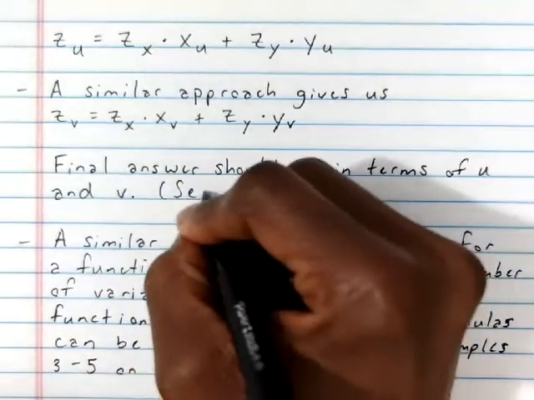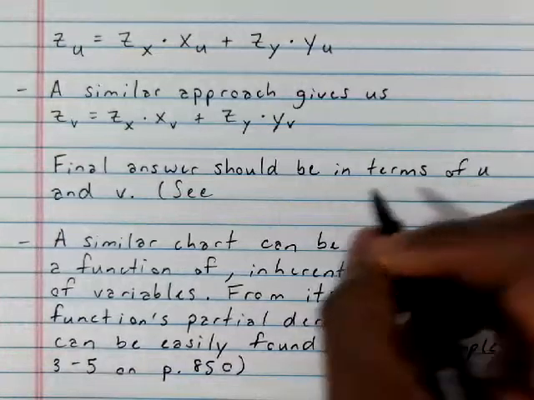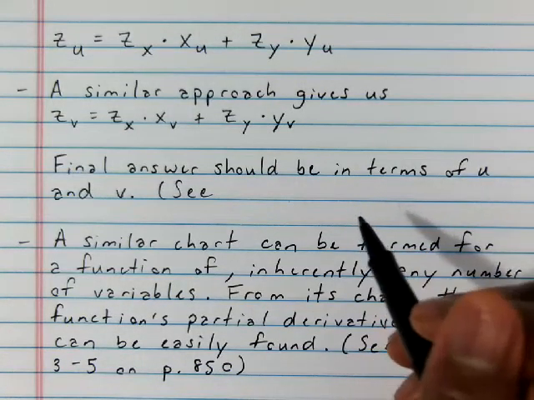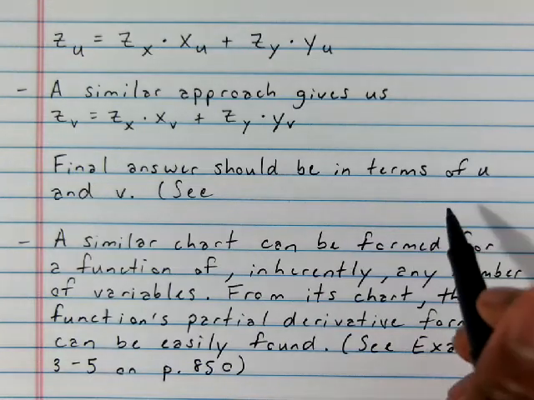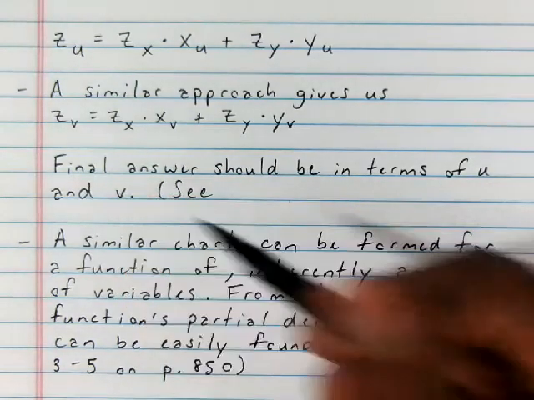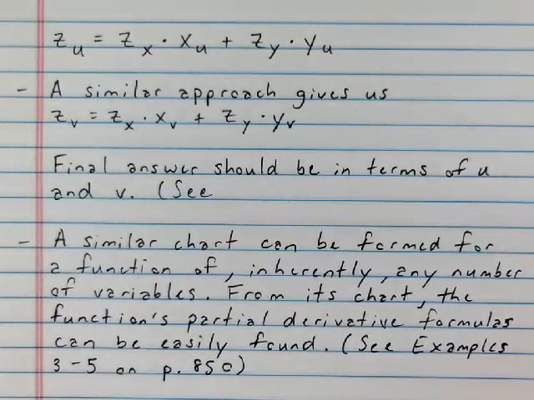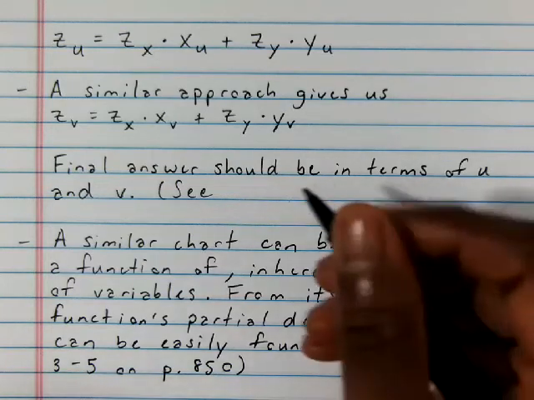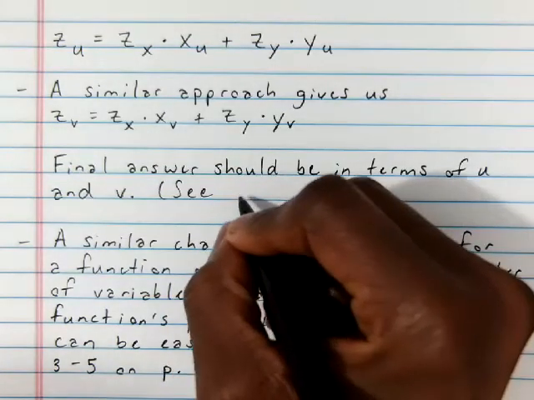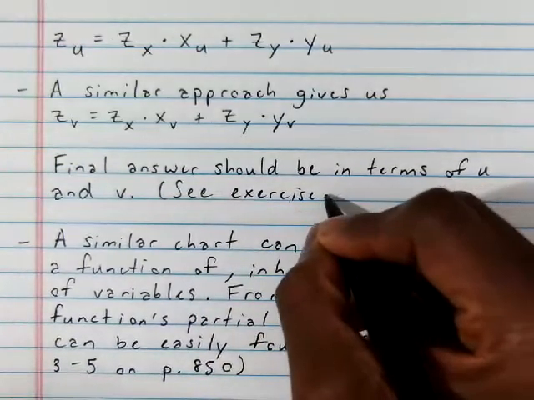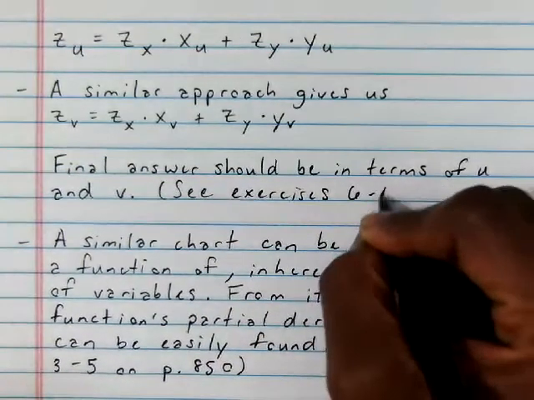So C. Now they'll change the variables in the textbook. Sometimes they'll use U and V, sometimes they'll use R and S. So don't get stuck on the fact that we had U and V here. They introduce everything in terms of U and V, but then they switch intentionally just so you understand that it doesn't have to be U and V. All right, so C, exercises 6 through 14,